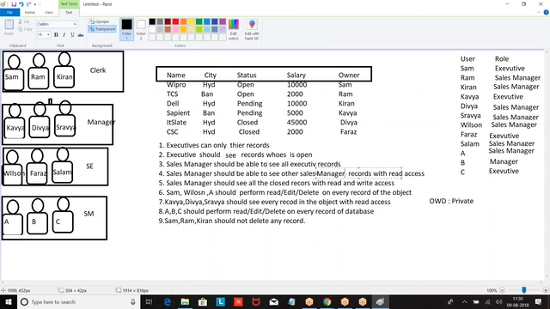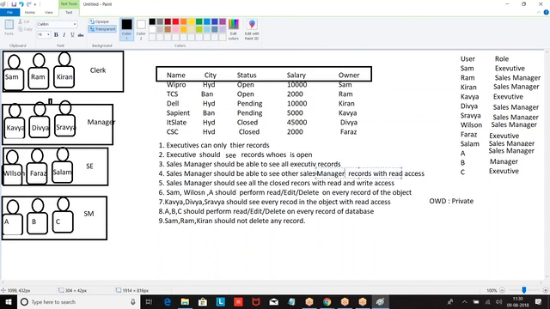Sham, Wilson and A should perform read, edit, delete on every record of the object. Delete permission will not come with OWD, so obviously I have to go with modify all. If I want delete permission, I have to go with modify all.